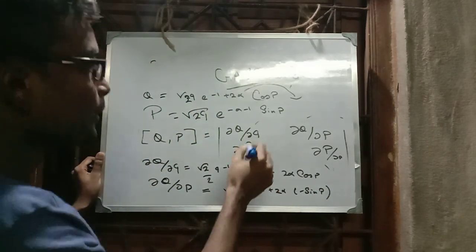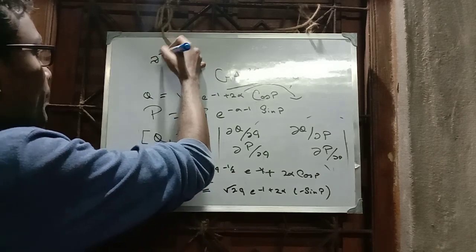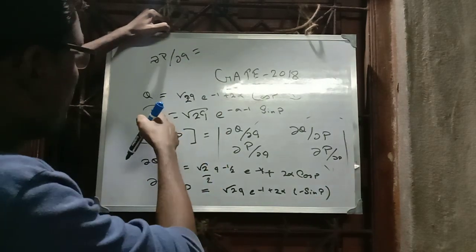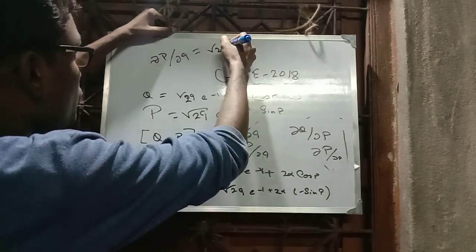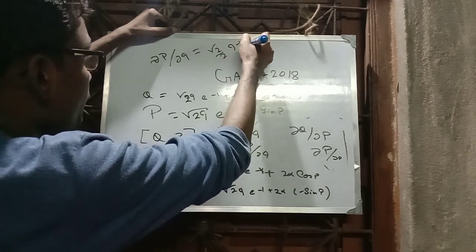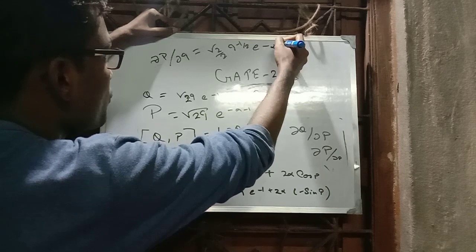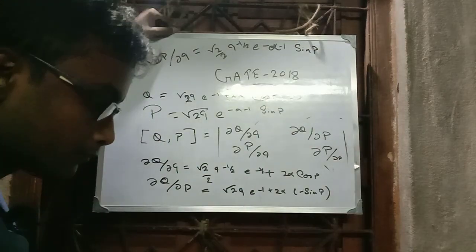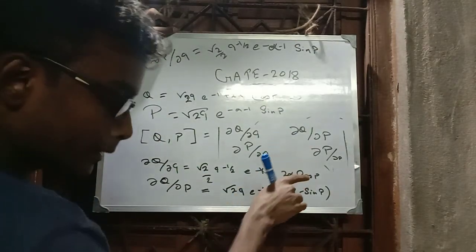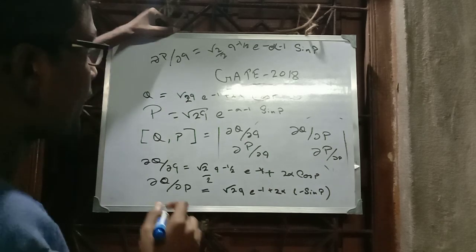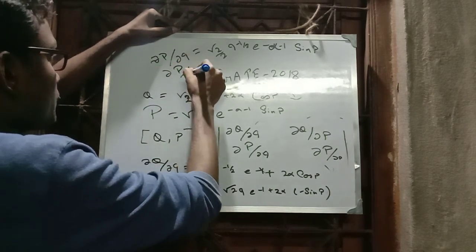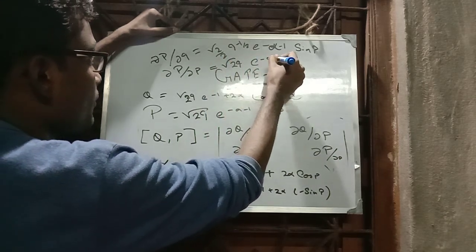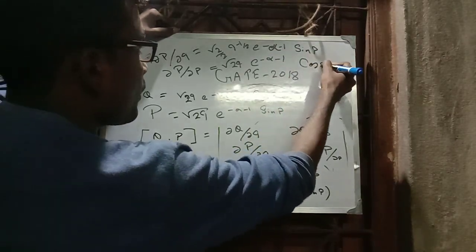Then ∂P/∂q is equal to (√2/2) q^(-1/2) e^(-α-1) sin p. And ∂P/∂p is equal to √2 q e^(-α-1) cos p. Okay,